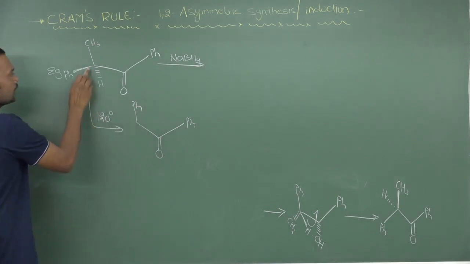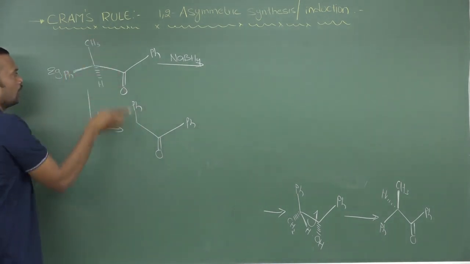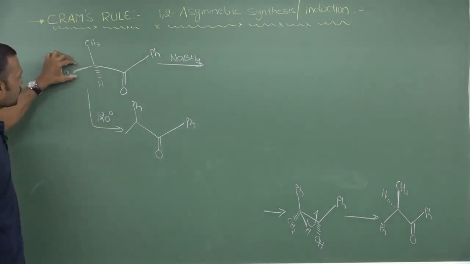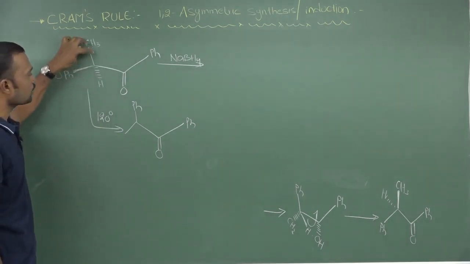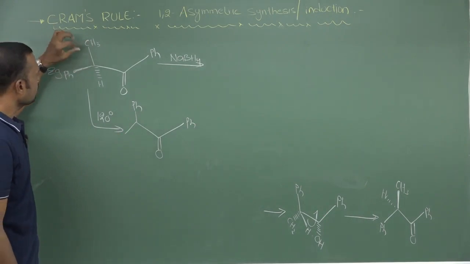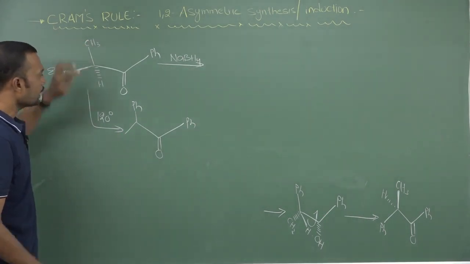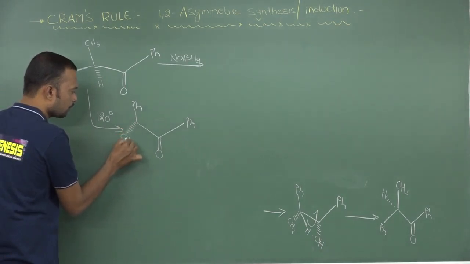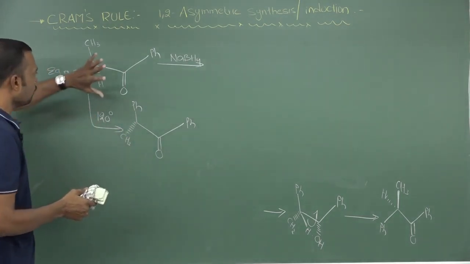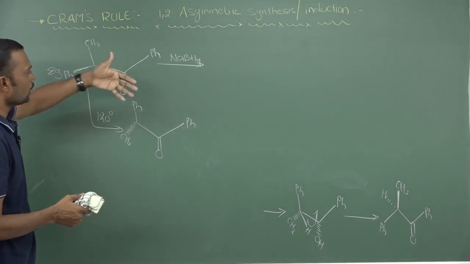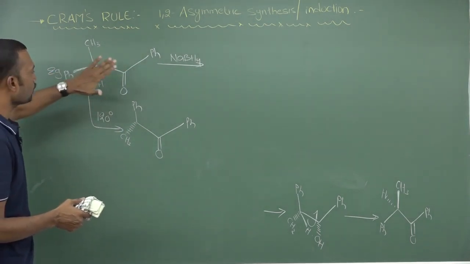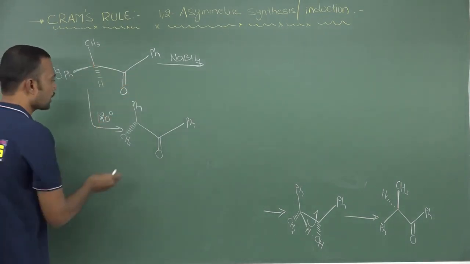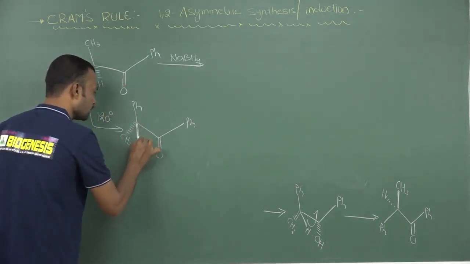Now after rotating this phenyl from this particular direction to here, what happens? This methyl is completely oriented to below direction. Why? Because we are rotating above to left side like this. So if you rotate above to left side, automatically this left side group comes to forward direction. So forward direction means it becomes a thick line.